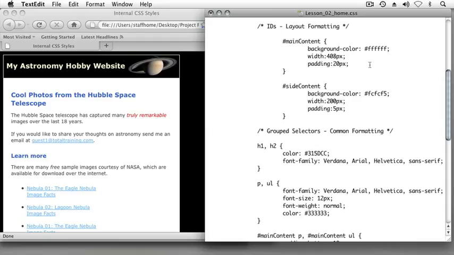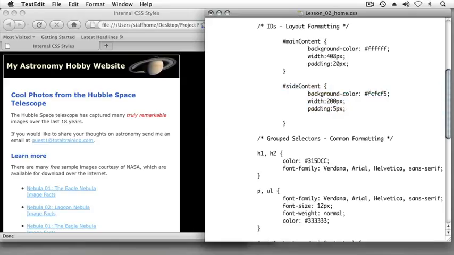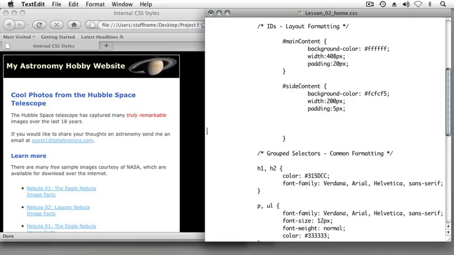Now, what I want to do is modify the side content ID using absolute positioning. I'm focusing right now on the side content ID in our CSS file. After our padding property value combination in our side content div, I'm going to add a few lines and type out a property which we haven't seen before, that property being position. And as we said, we're going to assign the value